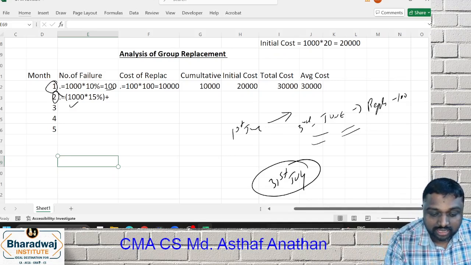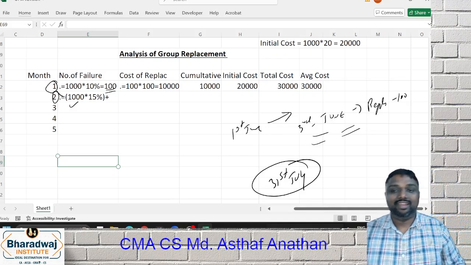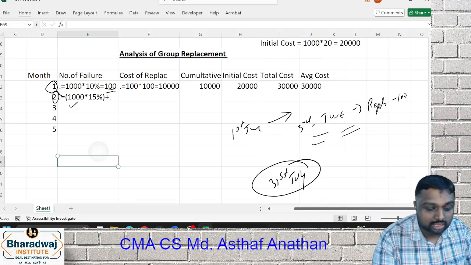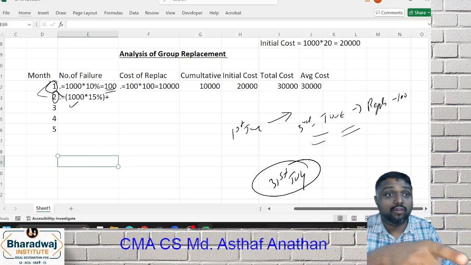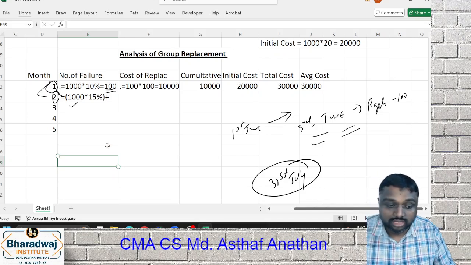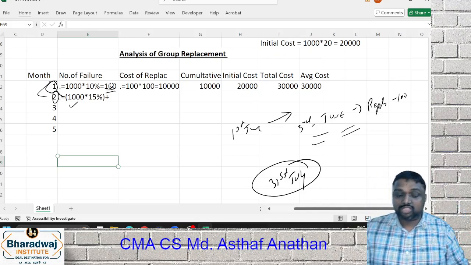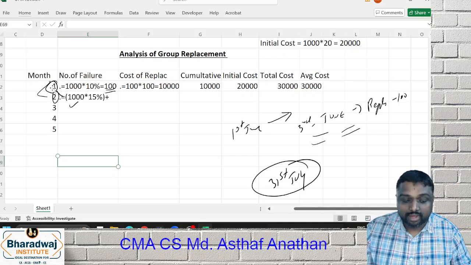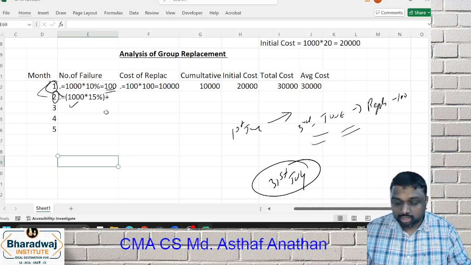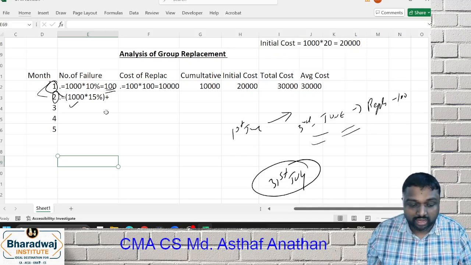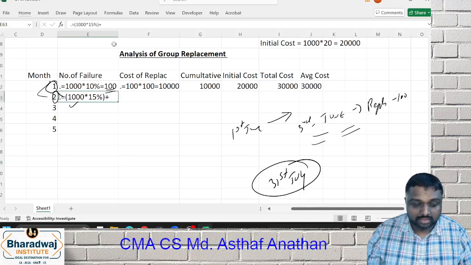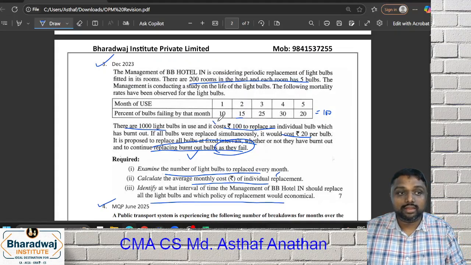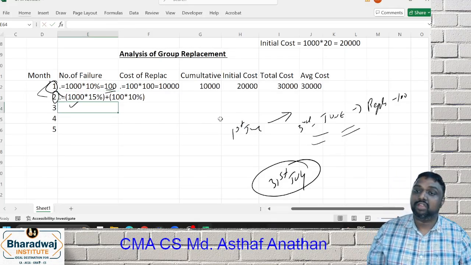In the first month, how many bulbs did we replace? 100. The first month he brought 100 bulbs. This 100 bulbs is now just 1 month old, and that will also fail. Logic clear? So this is the 1000 original. The previous month you changed what? 100. How long is that old? Now we are in the 2nd month, so the previous month's bulbs are 1 month old. So that will also fail. So what will be the impact, friends? This will have that 100, which is only 1 month failure. 1 month, now 10%. Now anything you can solve, friends.